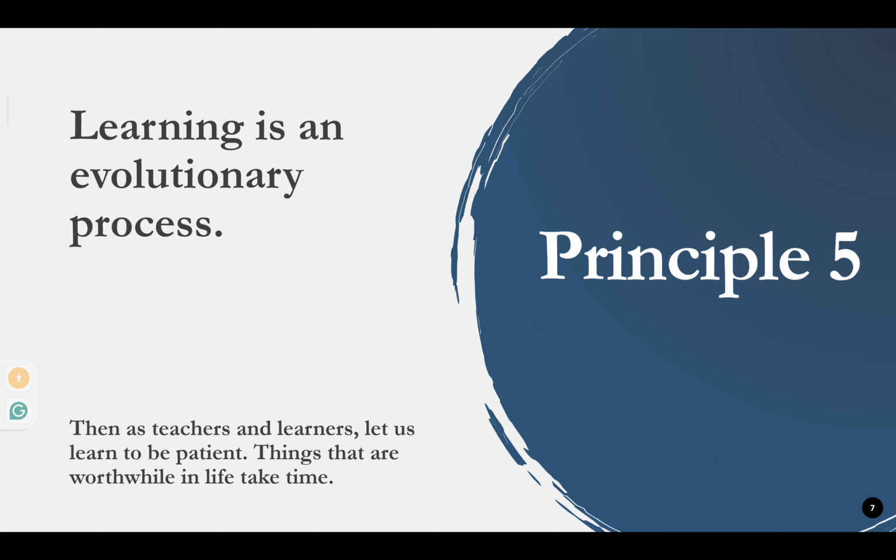No? So, yun talaga. Hindi pwedeng matuto agad yung bata sa complex thing, no? Sa complex na solving. He or she should learn first the basic. Yun yung minimin natin dito sa principle number 5, that learning is an evolutionary process. Before they know how to read, they need to know muna ano yung sounds ng letters. No? So, yan yung minimin natin sa principle 5. And that is why we as teachers, we really need to be patient to our students.